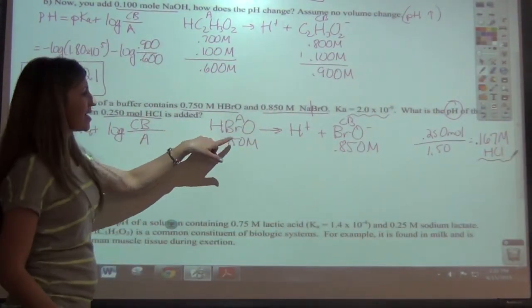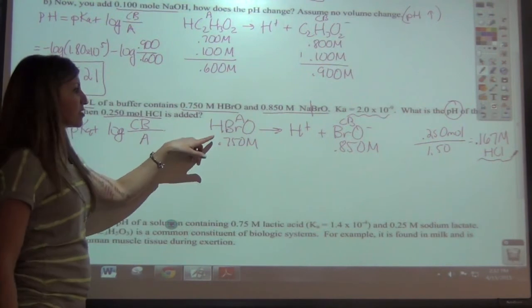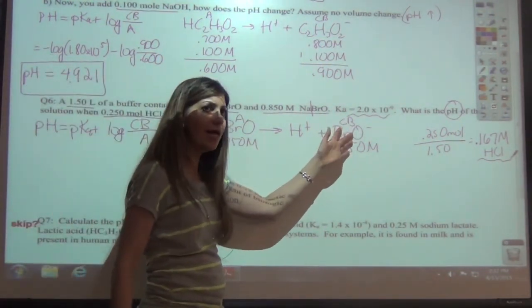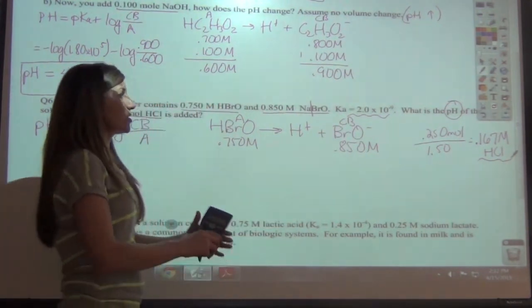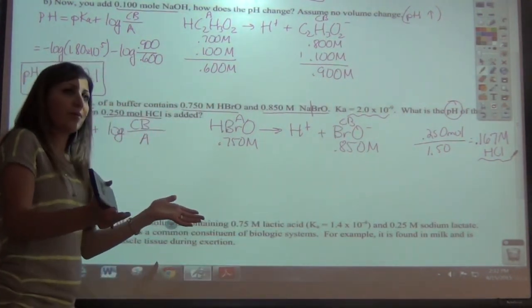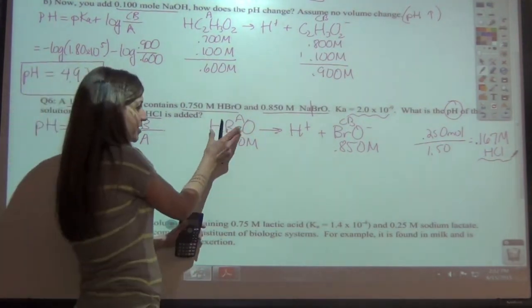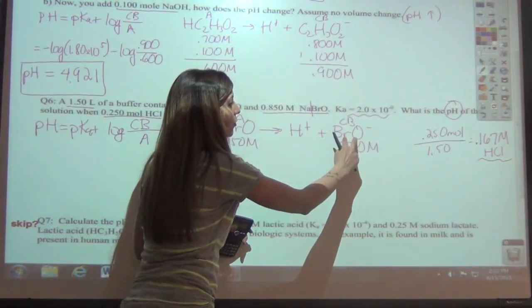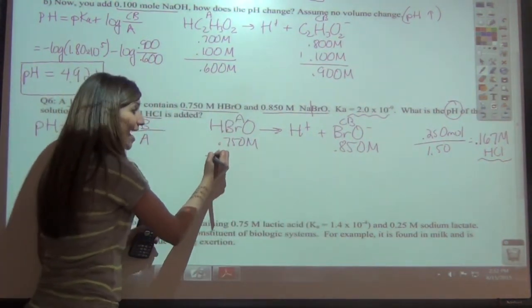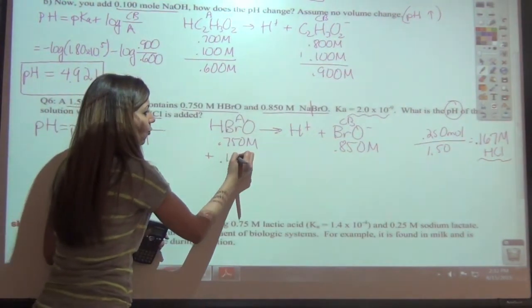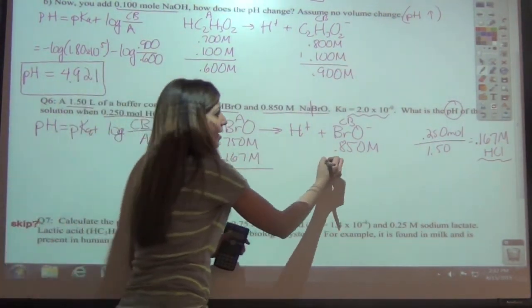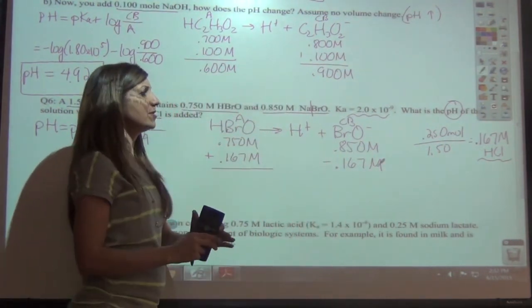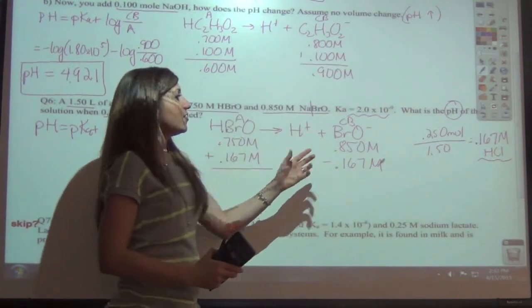Well, if I'm adding acid to an acid buffer, then it's simply going to add to my acid side. It's actually going to take away on my conjugate base side. So what's going to happen is the HCl is going to split apart because we know it's a 1A, and the H is going to react with the BrO. So I'm going to add a plus 0.167 molar on this side, and on this side, I'm going to subtract 0.167 molar